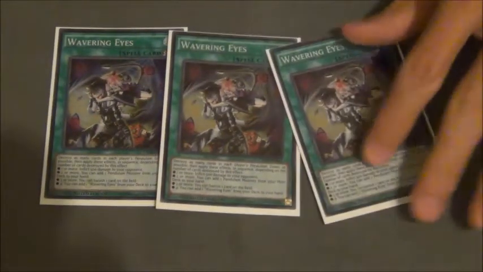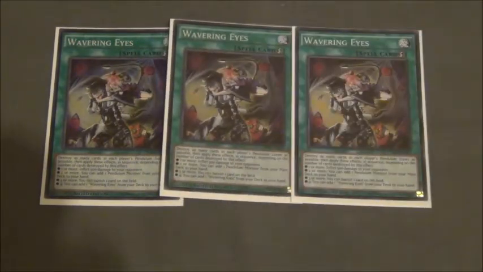And the next card I'm playing is 3 copies of Wavering Eyes. Now, Wavering Eyes came back to 3 on the list, and it's really, really good in this deck because you get to trigger the effects of your 5 and your 6 when you pop them with Wavering Eyes. So I did play this card at 2 back during Pepe format. Back when this card was legal, this card was really good versus Pepe, being able to go for 4,